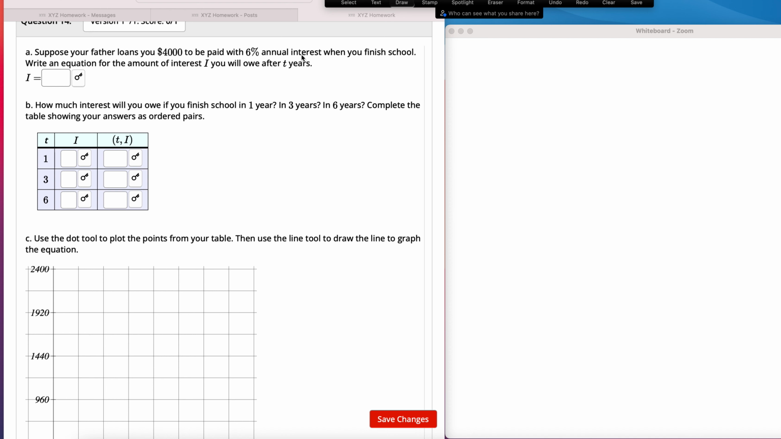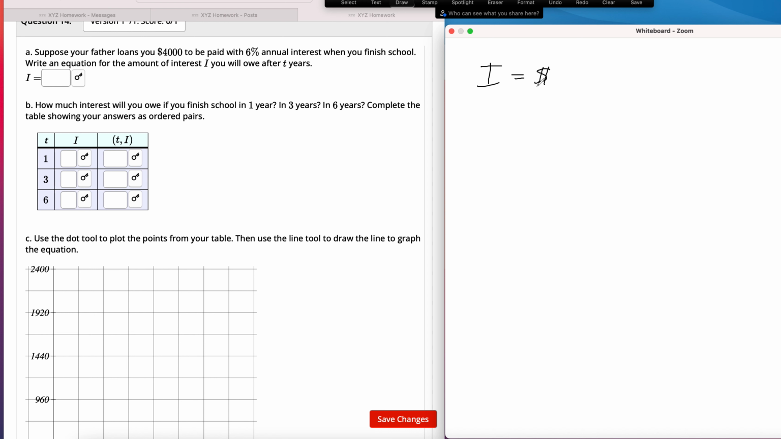...to be paid with 6% annual interest when you finish school. Write an equation for the amount of interest you will owe after 2 years. Okay, so let me grab my pen here. So we have the amount of interest that we'll owe in T years would be however much interest you're